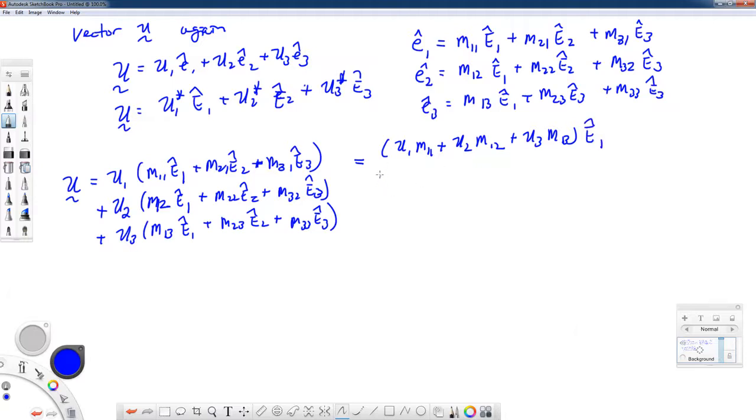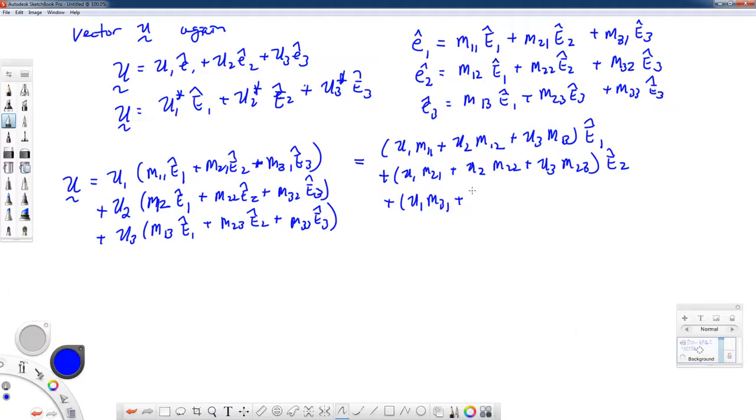And likewise, as I do this grouping, I'll go down this next column and then this next column, but I'm writing them out now as rows. u1 m21, u2 m22, u3 m23 times capital E hat 2, and then again u1 m31